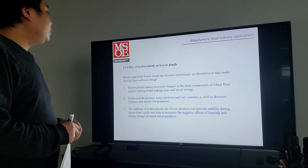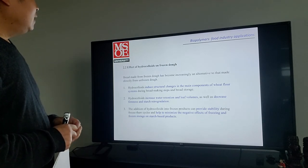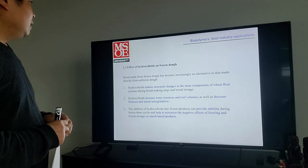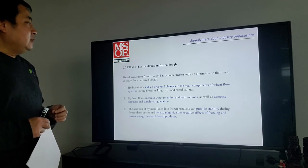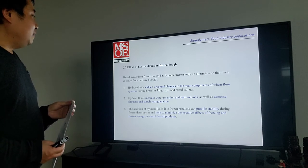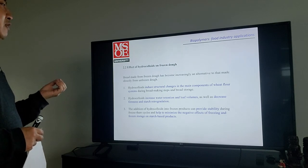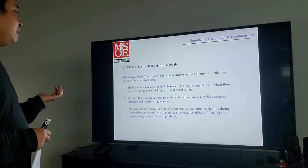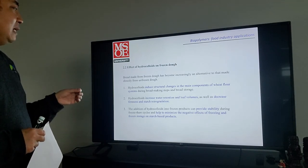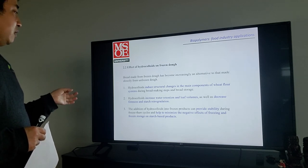And also, hydrocolloids have a significant impact on frozen dough. They can induce structure changes in the main components of wheat flour systems, increase water retention and loaf volumes, decrease the firmness and starch retrogradation, and also provide stability, helping to minimize negative effects of freezing and frozen storage on